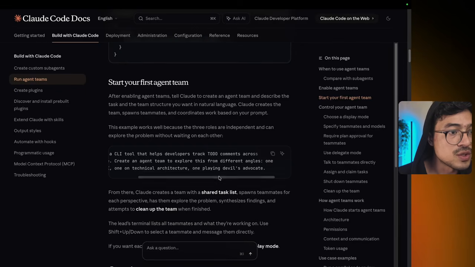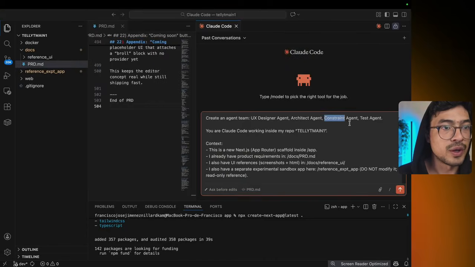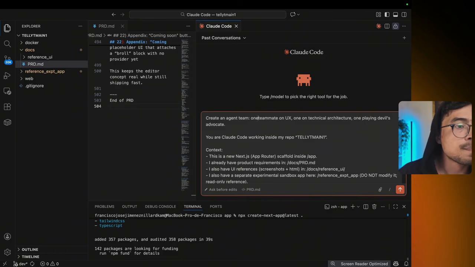So I might want to change this, just so that we know what all of them are working on. So one teammate on UX, one on technical architecture, one playing devil's advocate, and one in charge of testing the